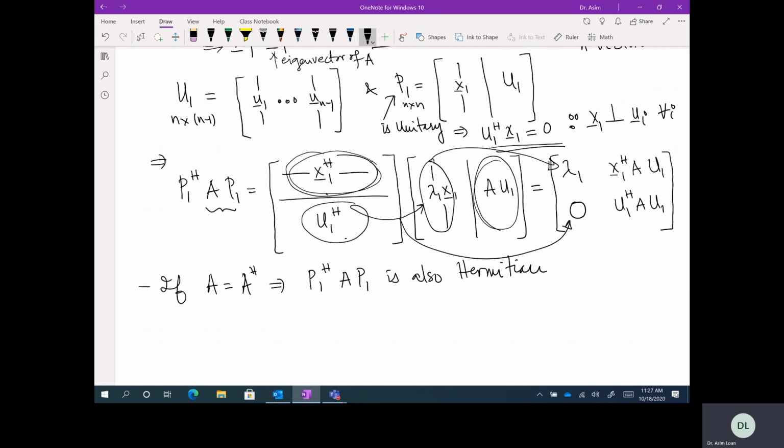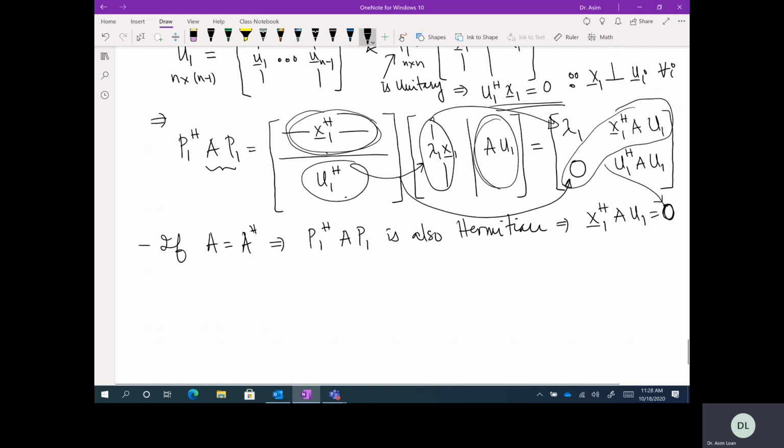If this is also Hermitian, this implies x1H A U1 should be equal to 0. This should be equal to 0. Because this is a symmetric matrix, obviously both these should be equal to 0. Okay. So now